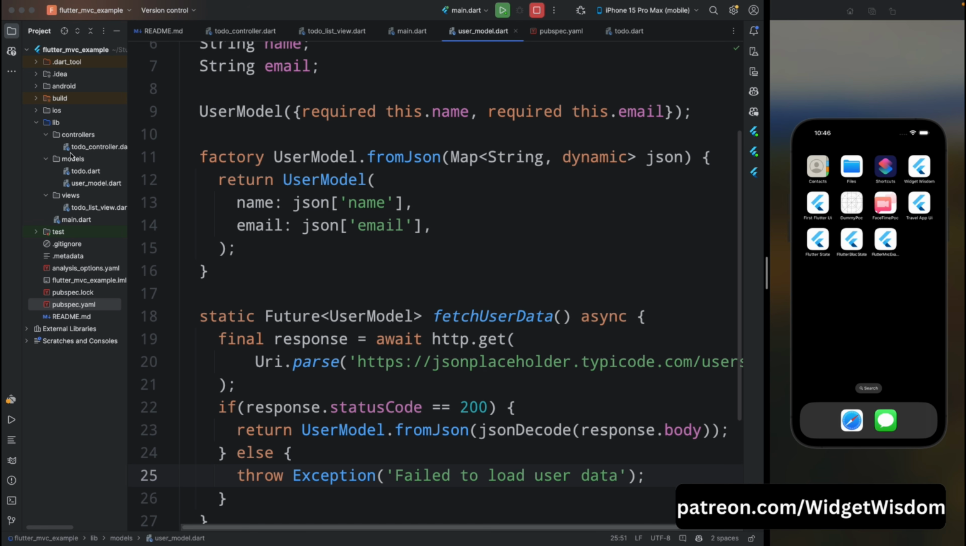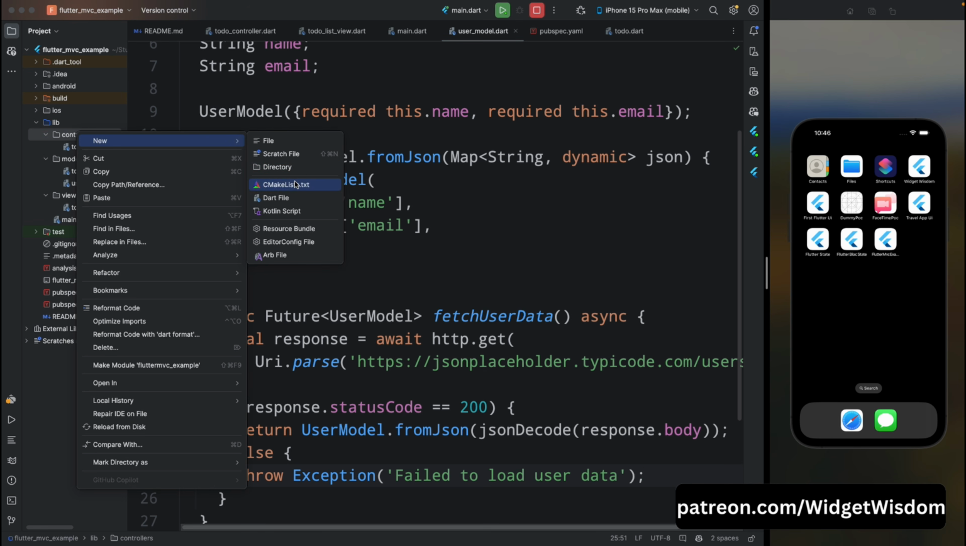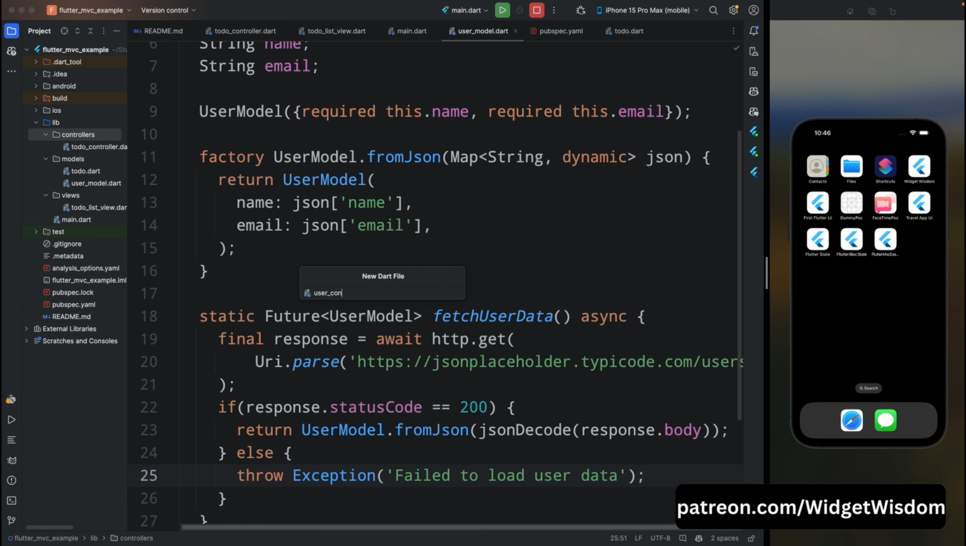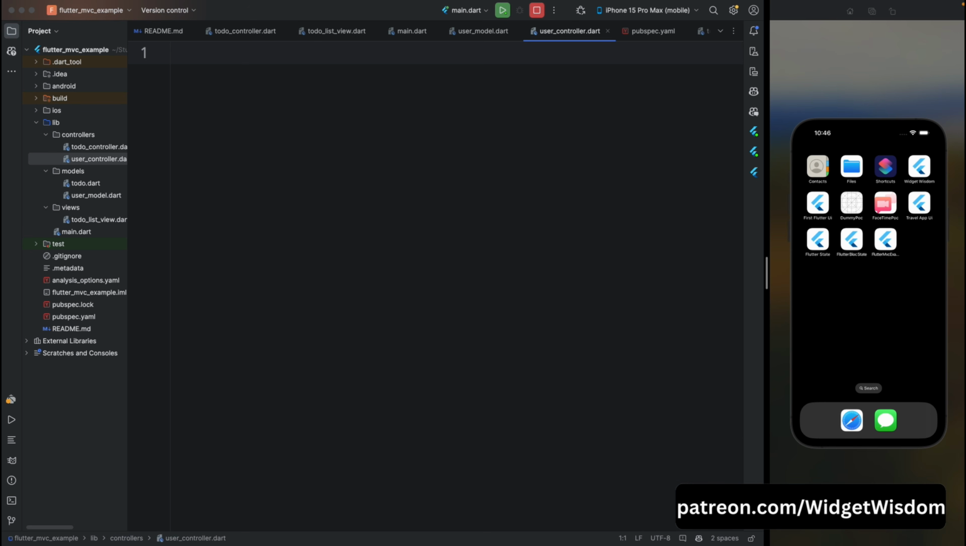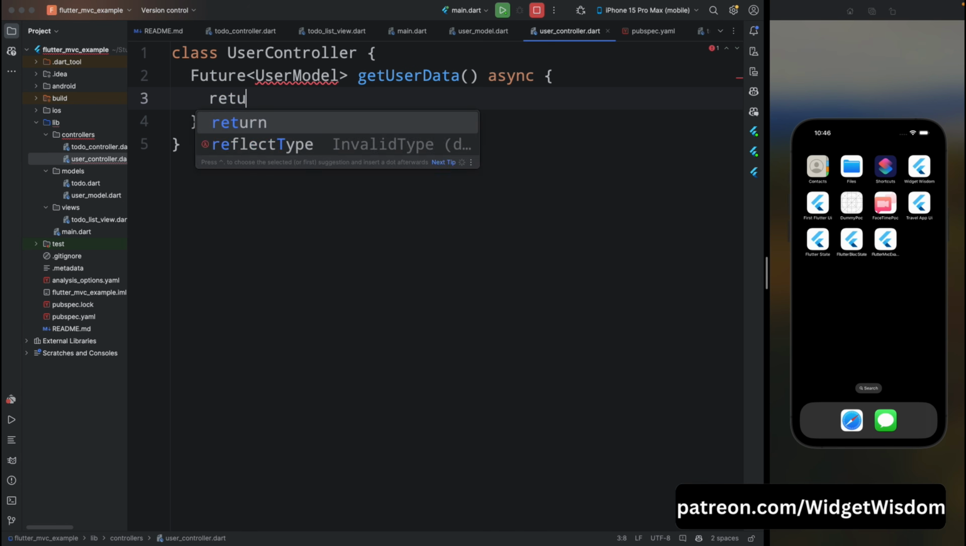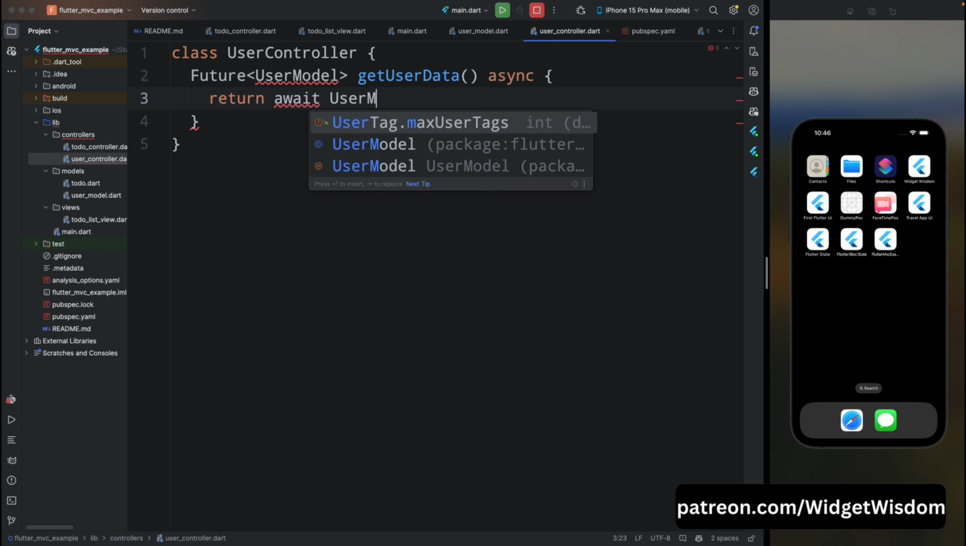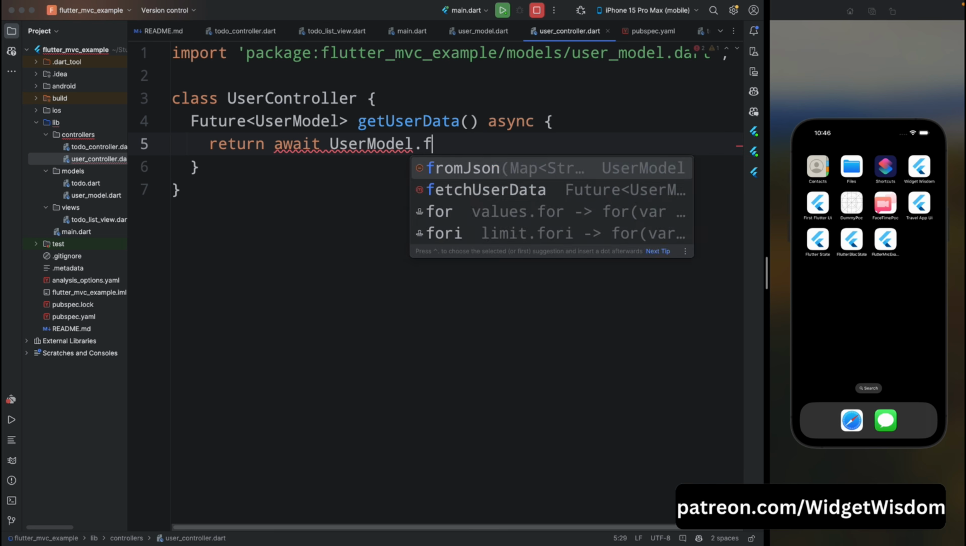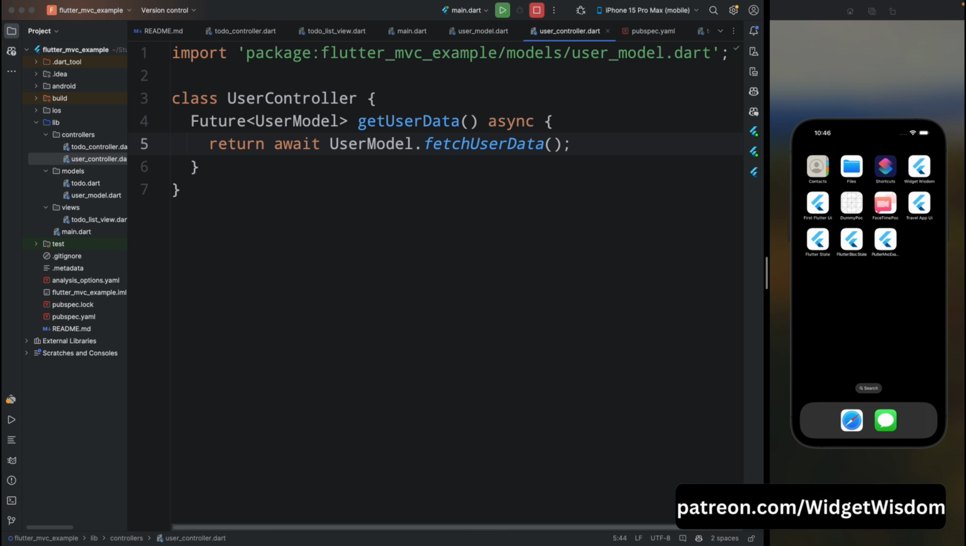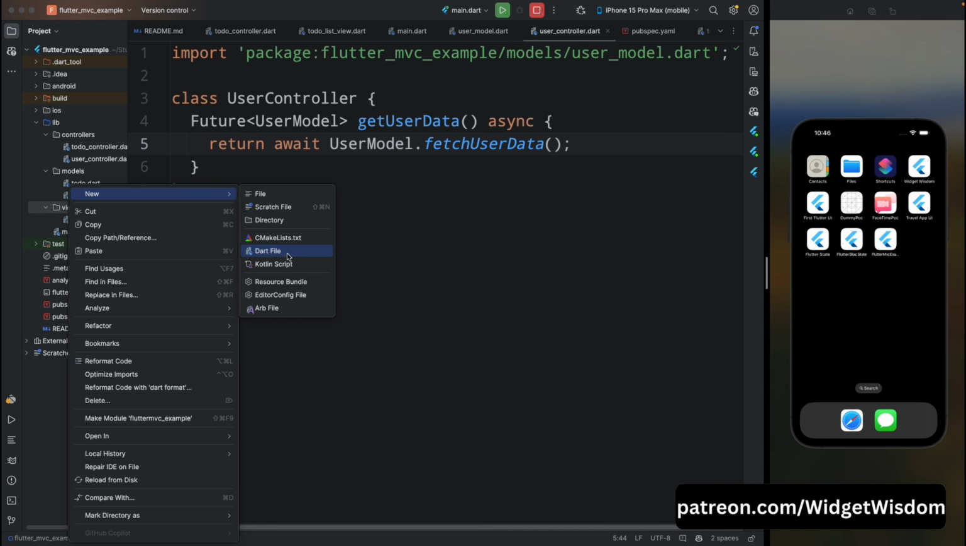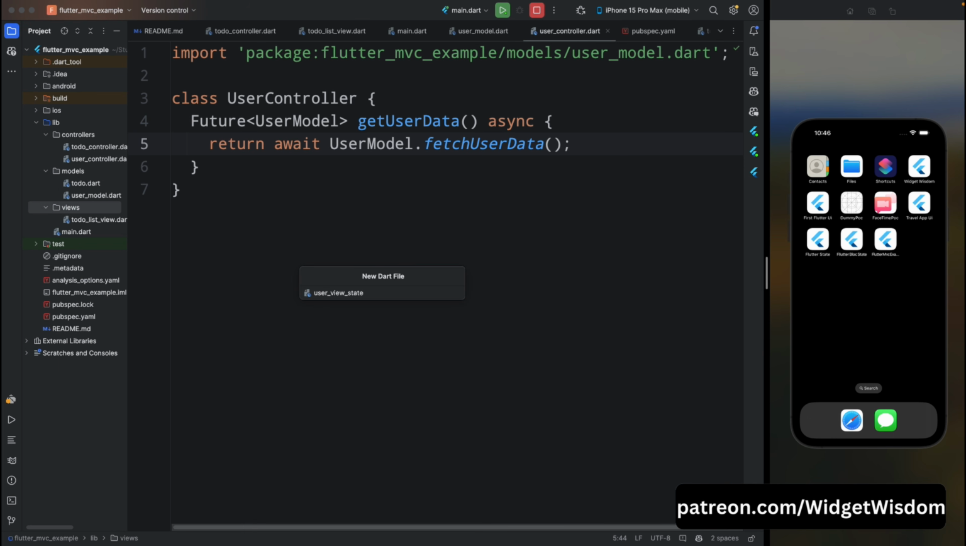Now create the controller by adding a file in the controllers folder called user_controller.dart, and then inside this create a UserController class, and in this class define a method called fetchUserData that returns a Future of UserModel. This method will call the fetchUserData from the UserModel class. Now that the controller is ready, create the view by adding a new file inside the views folder called userview.dart,